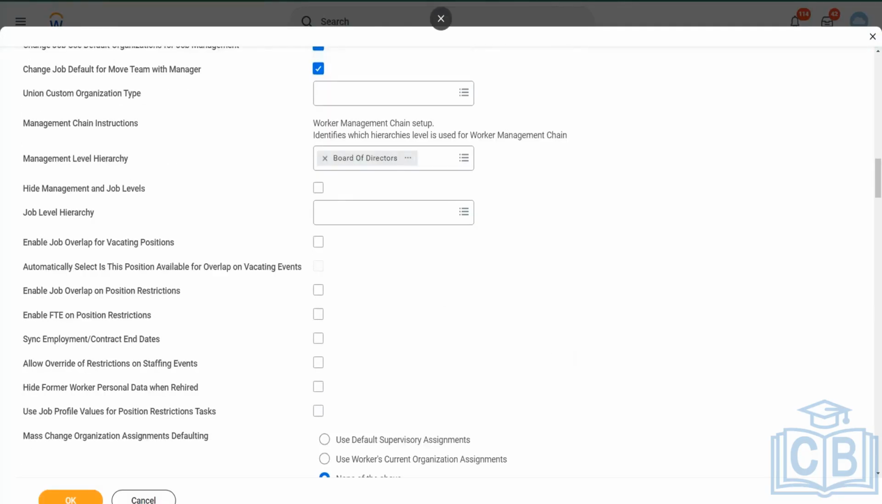Exactly here, there is this option which says allow override of restrictions on staffing events. If I allow this, then you would be able to change it, but you are doing all the tasks as Logan McNeil. You are the one who is creating the configuration, so you can change it definitely. But if you are hiring as a recruiter or a hiring partner, you would not be able to change it if this